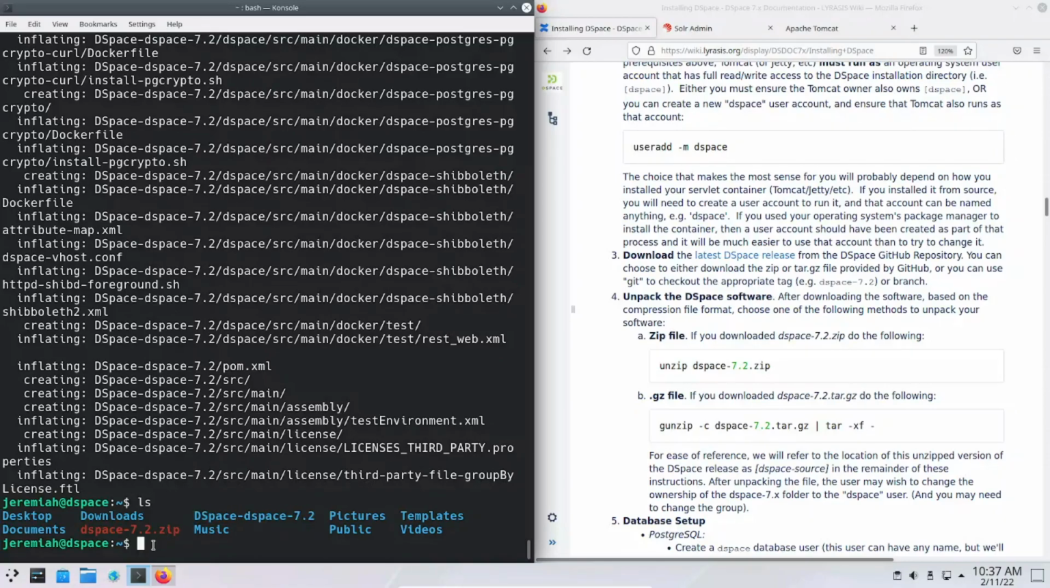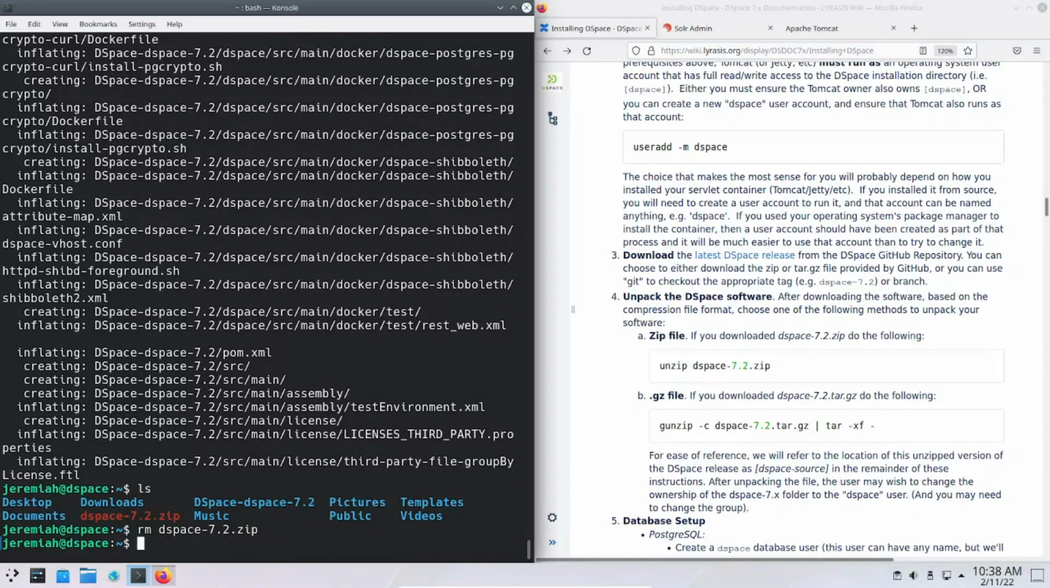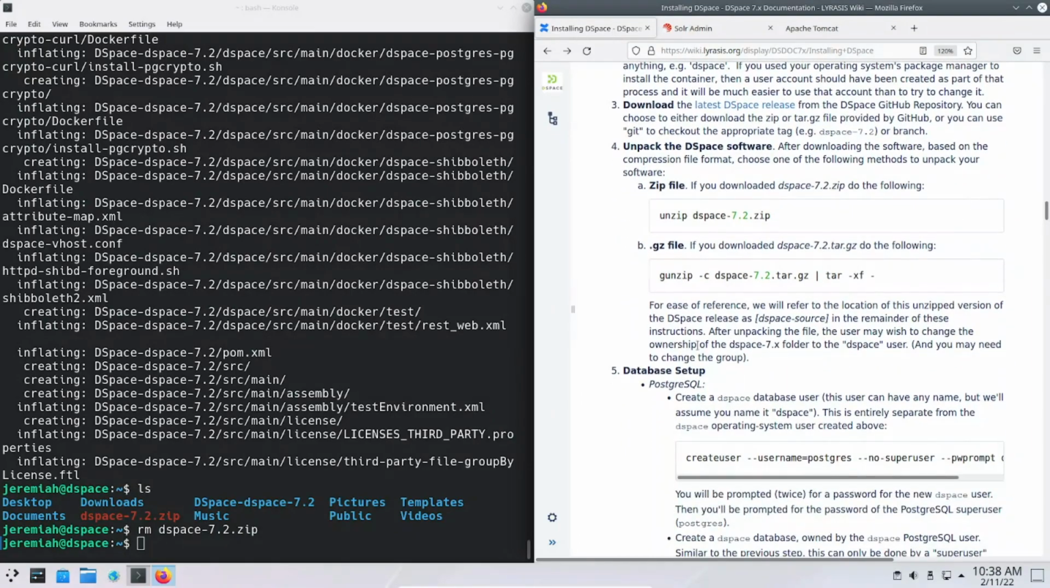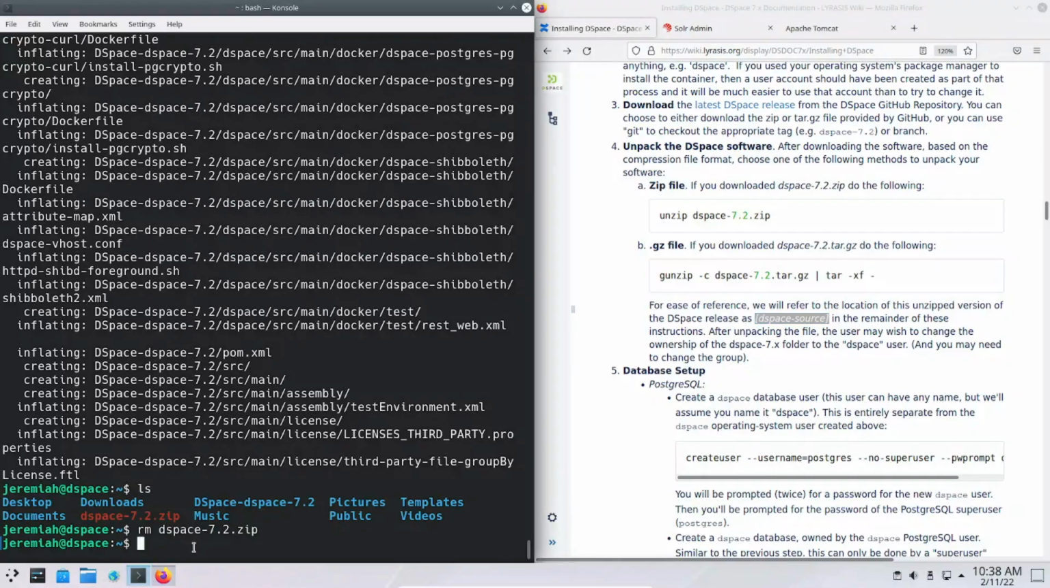And what I'm going to do is just remove that zip file because we don't need it anymore and could potentially cause problems when we do the interface install. So I'm going to go ahead and remove that. Okay, so we have unzipped DSpace. And what they're telling us here, for ease of reference, we will refer to the location of this unzipped version of the DSpace release as DSpace source. So anytime we see DSpace source, what that means is, for us, well, for me anyway, is going to be,